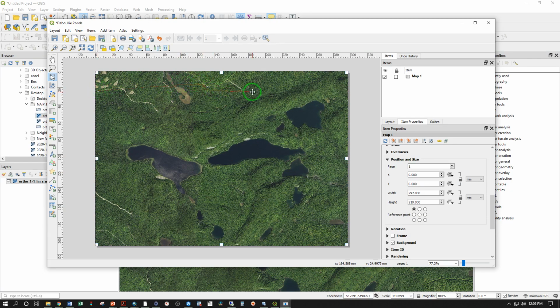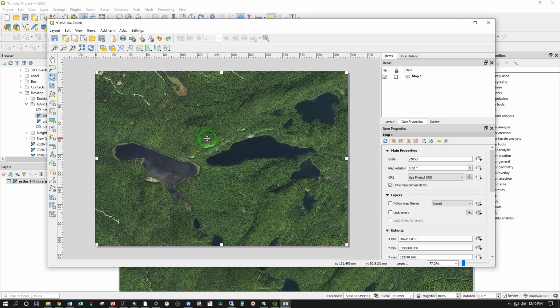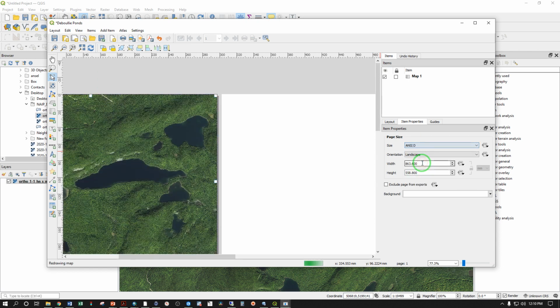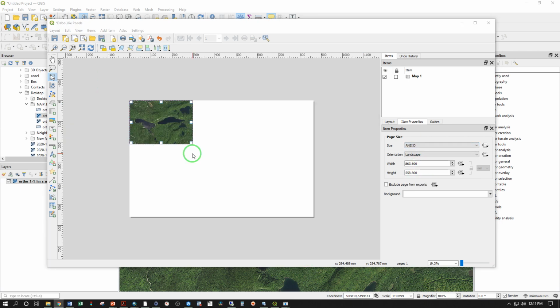Right now I'm working with the default letter page size, which is kind of small. And if I want to show a wide area, Avenza Maps will process this in a way that I can't really zoom in and see the finest detail of this image at the current size. The solution is to make the page size bigger and maintain about the same resolution. To do that, I'm going to right-click on the map and go to Page Properties. That's going to take me to Page Size, and I can change manually, or I can select from here. I'm going to use ANSI D. ANSI, American National Standards Institute, size D is 22 by 34 inches, and I'm going to drag that out to